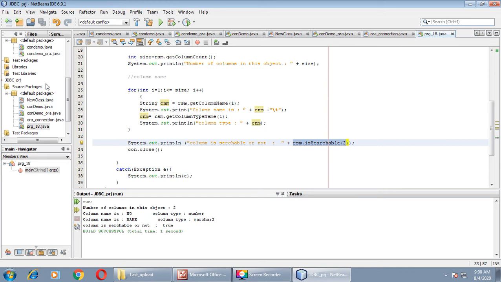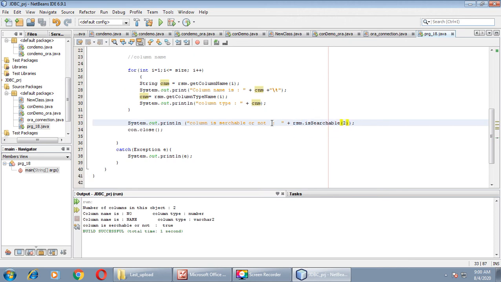If the column is not searchable, then this method will return false. For that again you need to pass an index number as a parameter, right? So here we want to get the detail of the second column, so I have passed 2 over here. You can change this index number here. Fine.